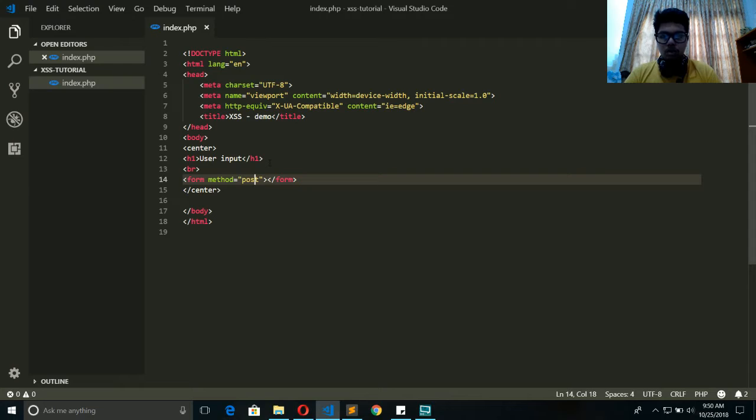You guys all know this simple HTML. Let's say our script would be save.php,